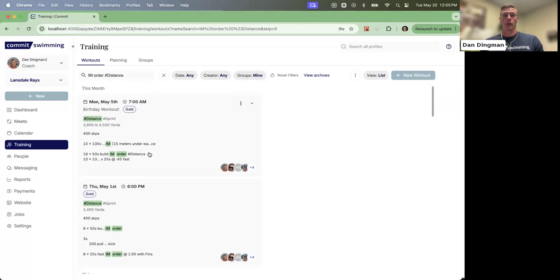This becomes really useful as you have years and years of workouts stored here and you want to find something you did 2 years ago for taper. And you're like, we want to repeat that. What was that week like? Or what did we do there? And you just remember one set. You can just type it in and find it.